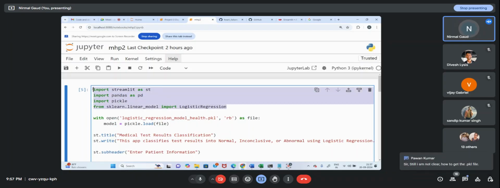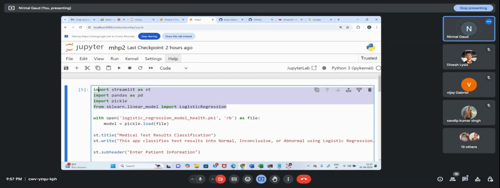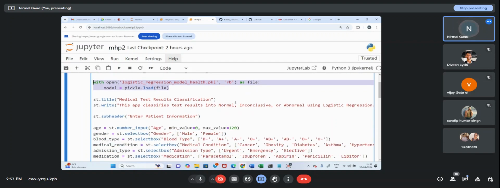So these are the libraries. We call them dependencies. Now the terminology changes according to the use case. They are called dependencies because my code, whatever I am doing, is totally dependent on these things. While deploying, if anything is missing, then your code deployment will fail. So I imported these libraries, then I loaded my model, the logistic regression model, and this is how you can make some good interactive